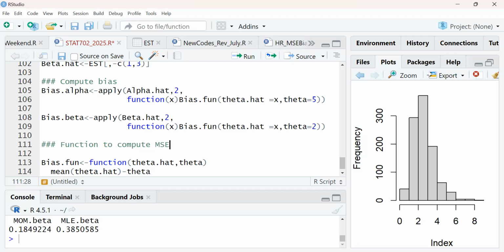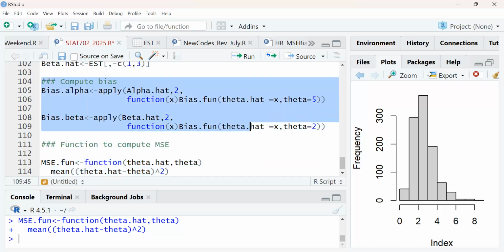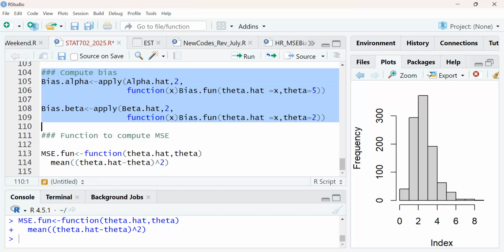So how do you compute MSE? You need this as a mean, but it's going to be mean of all this squared, right? Do you agree? Yes. Mean of the squared deviations, like this. Okay. So I need to change this to MSE fun. Okay. So like this. Okay. I can change this. I will finish early. Maybe you will not, but I'll send you the code so you can check.